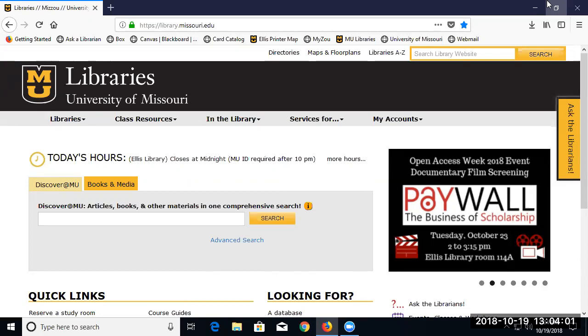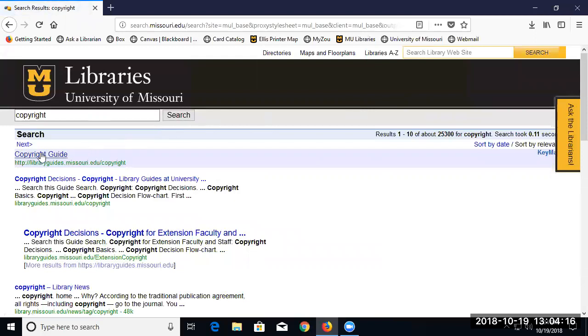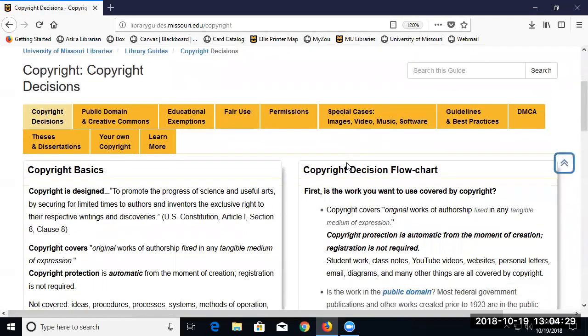Okay, super. Well, if you're at the library's webpage, it's pretty easy to find our copyright page by using this search box. So not the general search box at the very top of the screen, but the search box for the library's website. Just type in copyright. And the top thing that comes up is our copyright guide. Or you'll see the URL for this is also libraryguides.missouri.edu/copyright. So we're looking at copyright mainly in an educational context, so there's a lot more to do with copyright, but we're focused on the sorts of things that seem to come up in our particular environment.